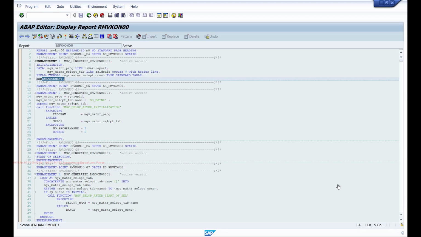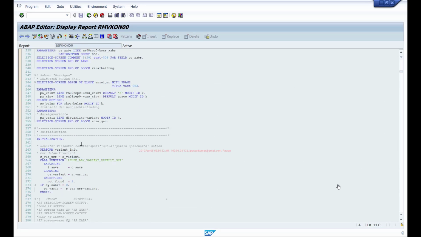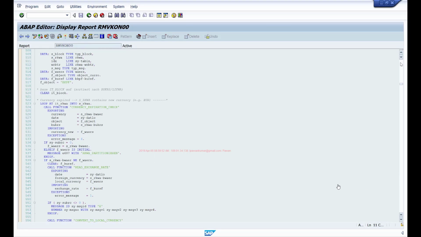So anywhere you see this enhancement point in your program, then you can enhance it at that location to add your custom code. In most of the standard SAP programs, you'll find these enhancements. So wherever you find that enhancement, you can add your code.